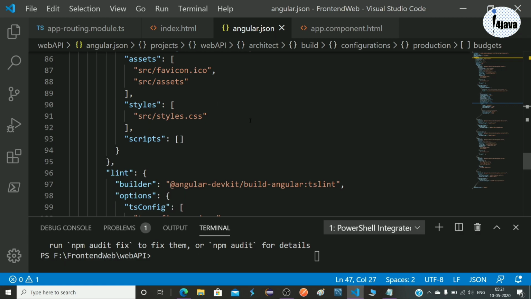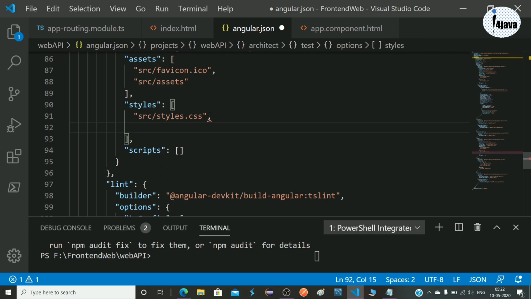So I am adding here. We have to add the path here. For that, dot slash node_modules, bootstrap folder, inside dist, css, bootstrap.min.css.